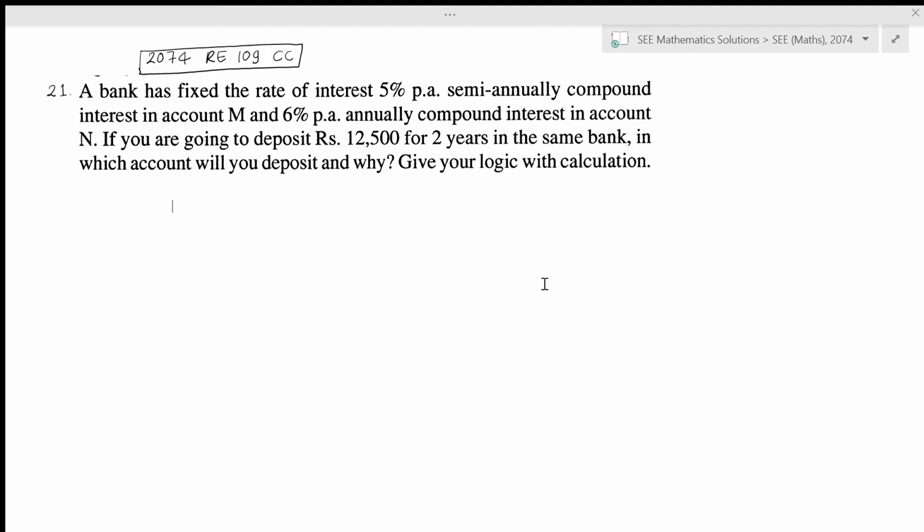So it has four problems worth 5 marks, and in this type of problems, it is basically the same type of problems as in group C worth 4 marks. So here